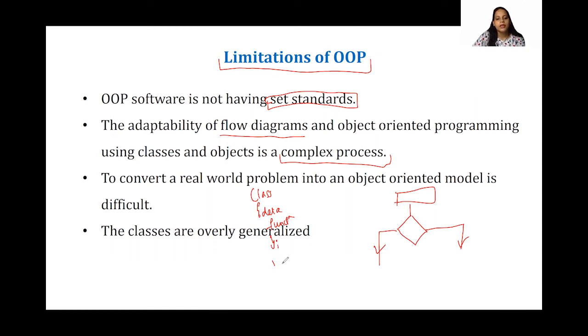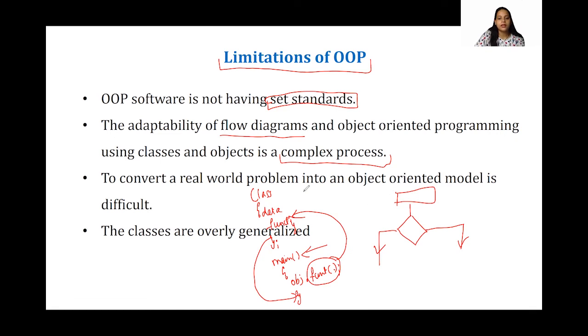Then we have our main, right? In the main, we are going to create the objects, and then using the object, we are going to call certain functions. Now, how does the control move here? First, the control will be in the main. Then when it comes to an object, we encounter certain functions. As soon as the function is encountered, the control goes to the function. Once the execution of the function happens, the control moves back to main. So there is no proper flow of control for which we can draw a flow diagram, right?